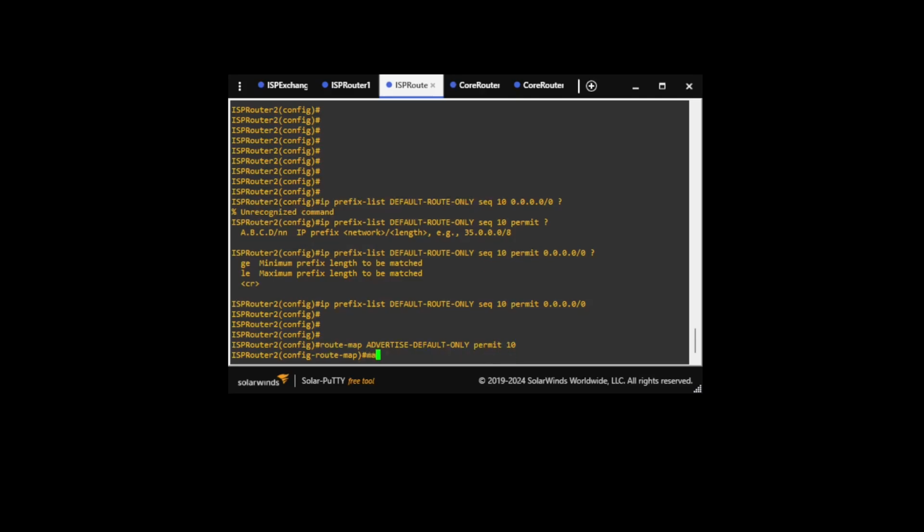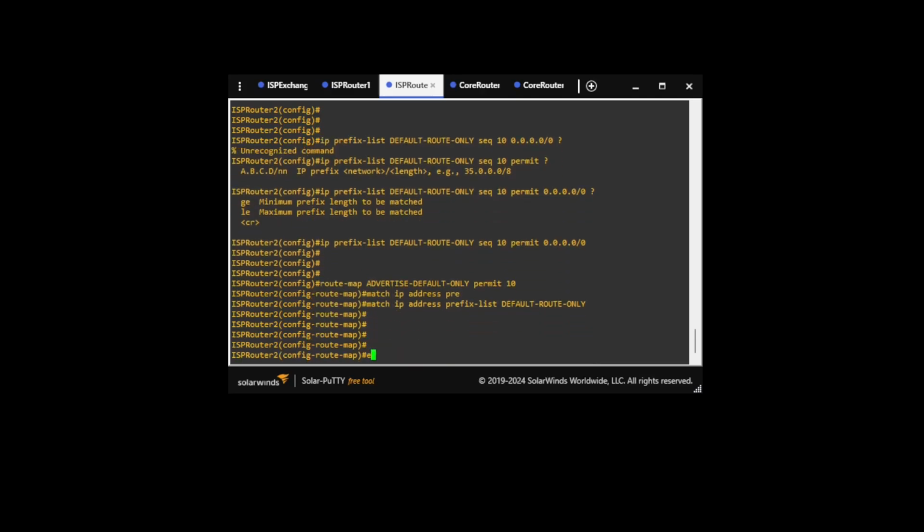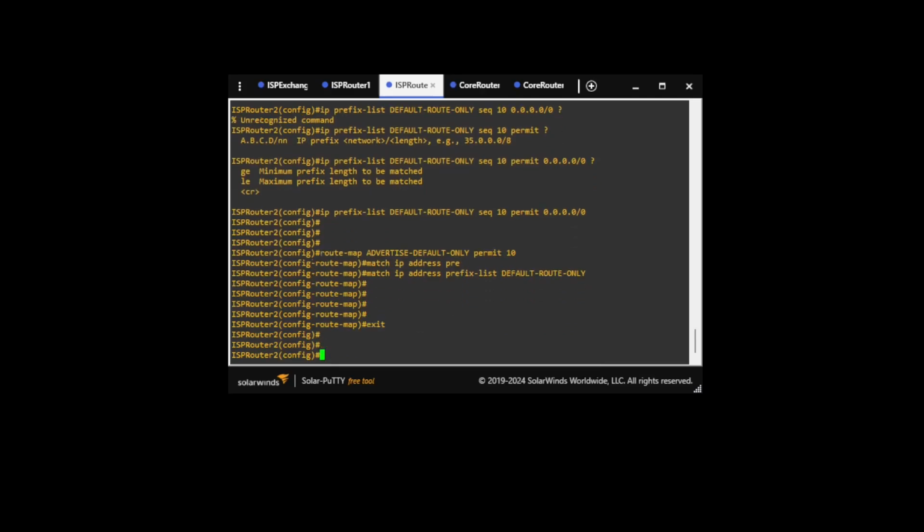And here we're going to say match IP address from prefix list, and that prefix list is default route only. All right, and now let's just apply our route map to